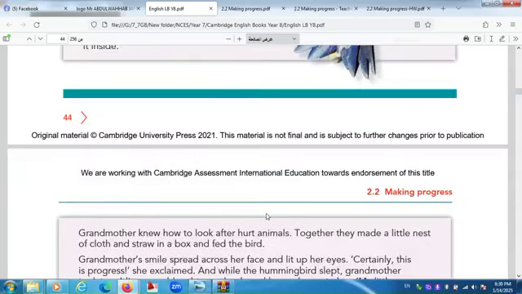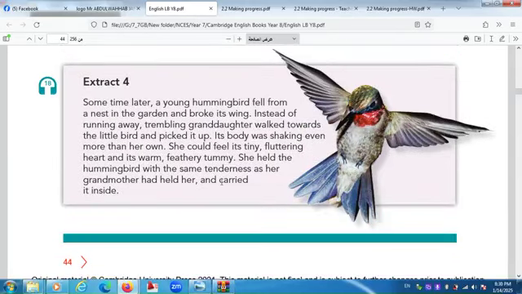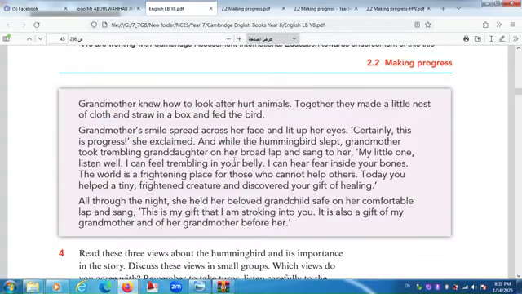What happened in this extract? She was in the forest and she saw a bird, and that bird fell from the nest and broke its wing. She was afraid. She took it and she went to the grandmother. She tried to help that bird. So that gift of healing,